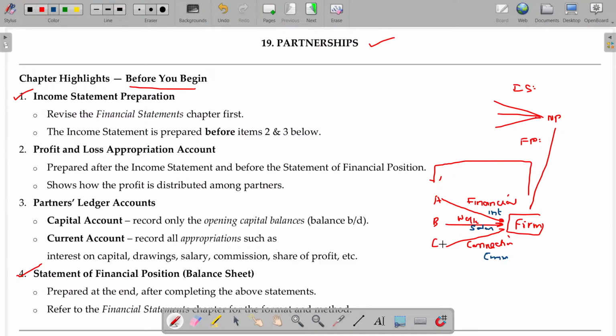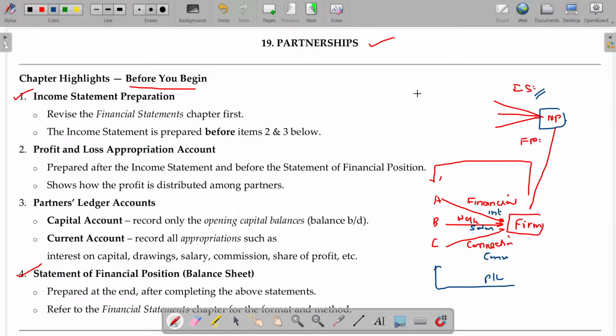Each and every partner will support the firm's development differently, and the net profit earned, calculated by preparing the income statement, will be given to all three partners as per their own contributions. After this, anything left over will be shared by all three partners, which is called the profit and loss ratio. So net profit will be shared among the partners as per their contributions to the firm. After that, this will be added to the concerned capital account. Only then you have to prepare the financial position statement.